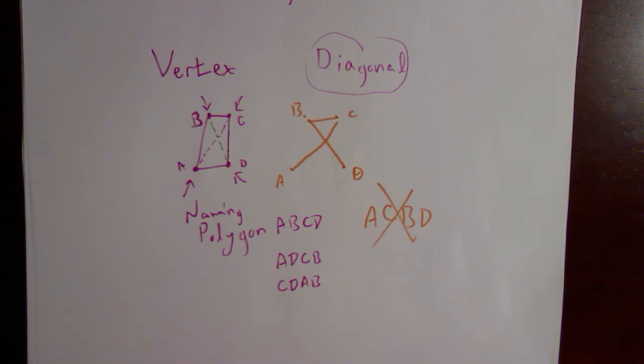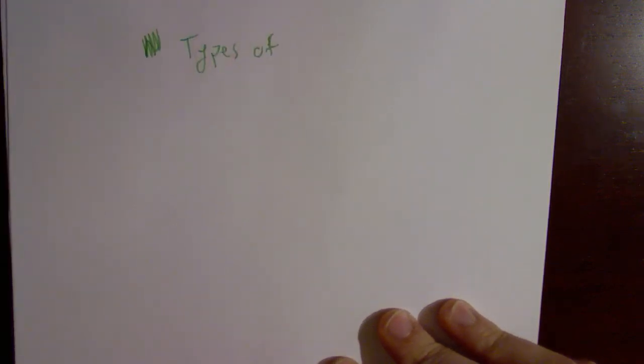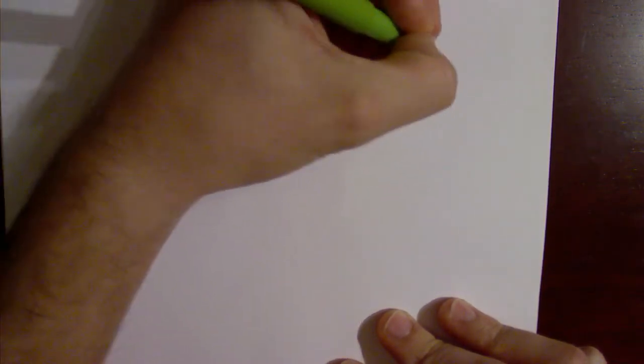The final thing that we need to talk about, not quite the final thing, all right? There's a couple more things. So the next thing that we need to talk about with polygons is naming polygons by the number of sides. So maybe not naming, I should say types of polygons based on